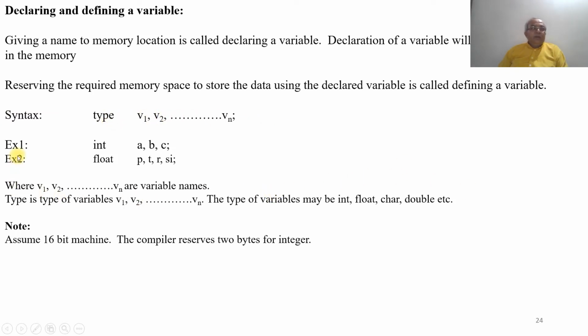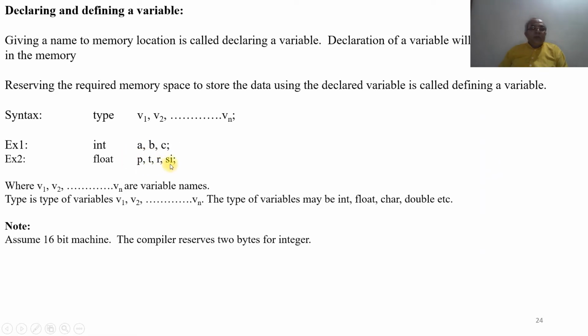For example, int a, b, c. So what does that mean? You have three variables by name a, b, c having an integer type. An integer does not contain any decimal point. Similarly, if you are considering a float, then we have p, t, r, si.